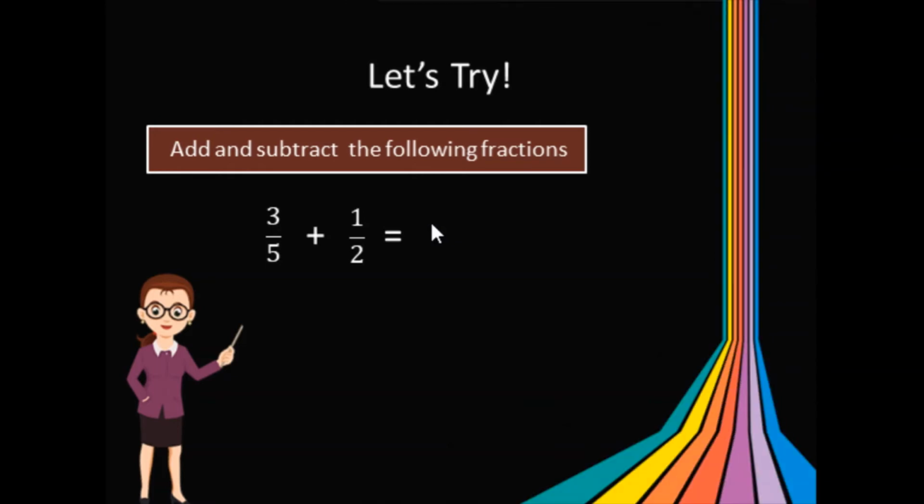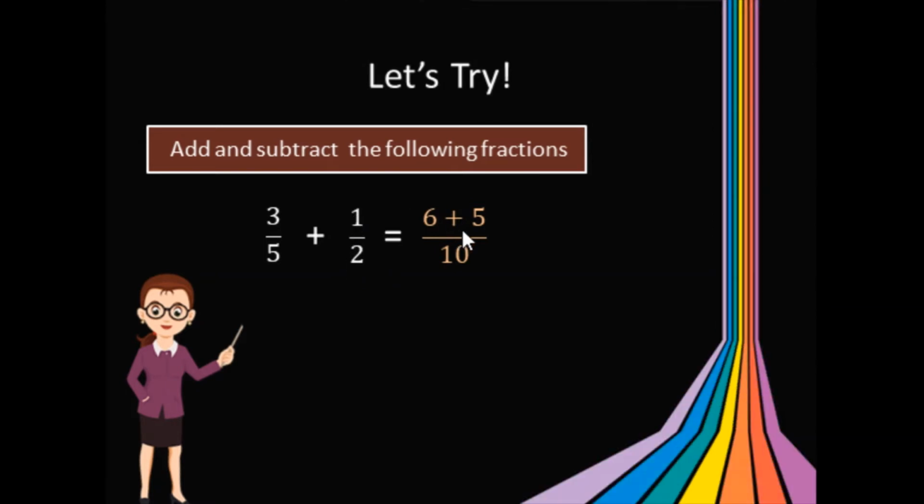What is our denominator? It's 10. Very good. So what is your final answer? You did 10 divided by 5 is 2. Times 3, we get 6. 10 divided by 2 is 5. Times 1, we get 5. 6 plus 5 equals